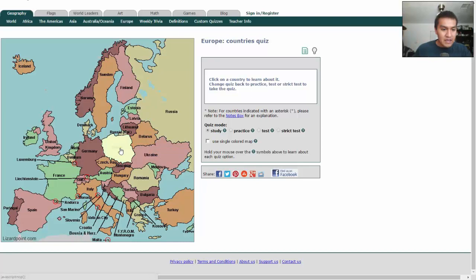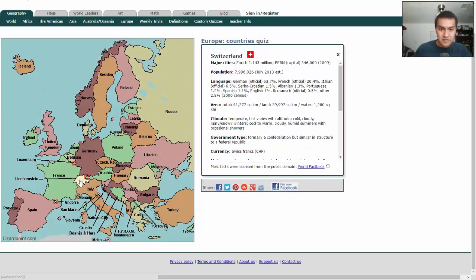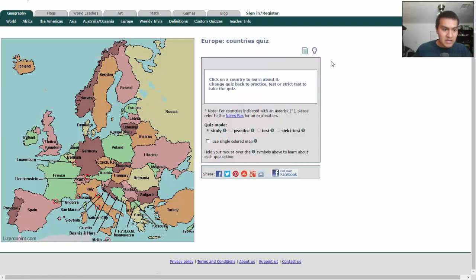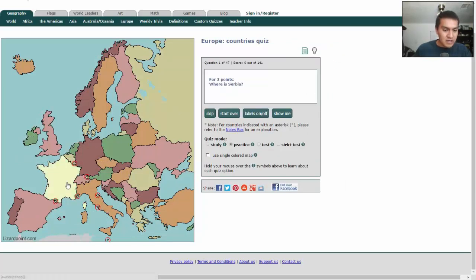Okay? And so let me go over here. Switzerland. Let me close that so you get a better view. Switzerland. To me, it kind of looks like a mole. Here's the face. Here's his little hands, and so I see the mole having a sweater. Okay, Switzerland, I think of sweater. So this mole has a sweater.